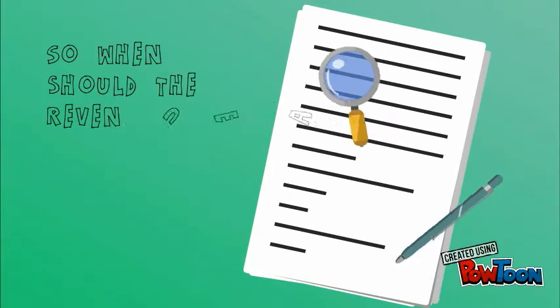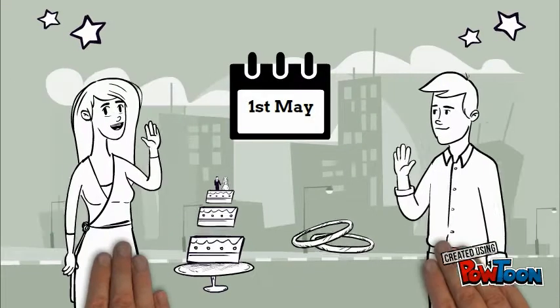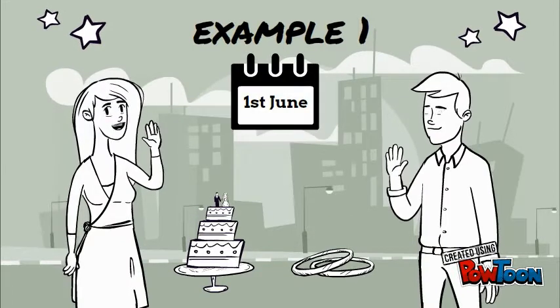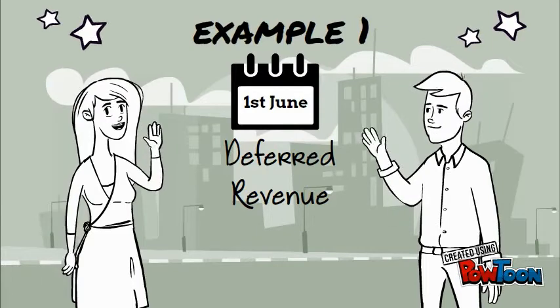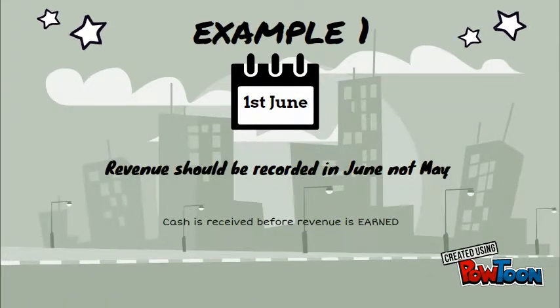Now that we know that we must use the accrual basis of accounting, let's take a look at when revenue and expenses are recorded by looking at the following examples. On the 1st of May you receive money for a wedding, but it was not until next month that the wedding was actually held. This is known as a deferred revenue, as cash was received before the revenue was earned. In this case revenue should be recorded in June, not May, as it was during June that the actual service